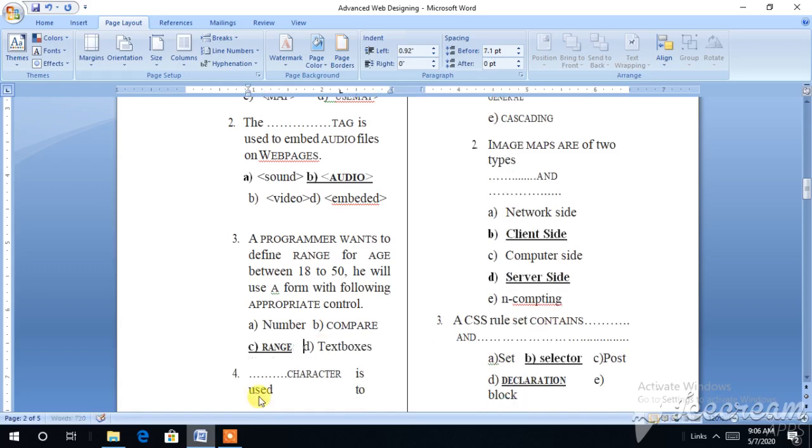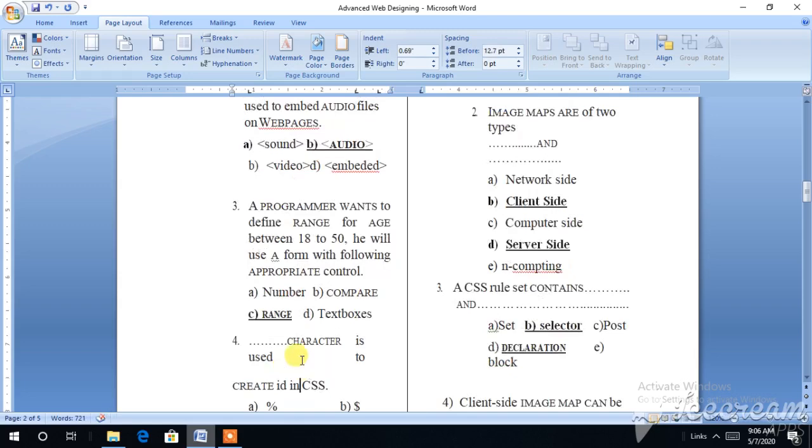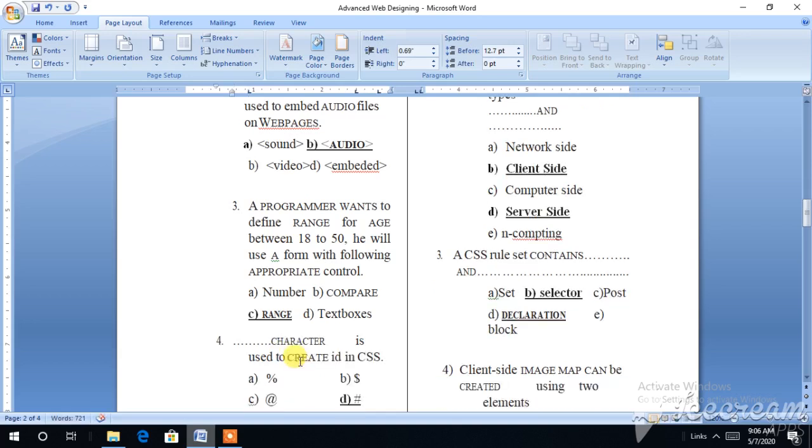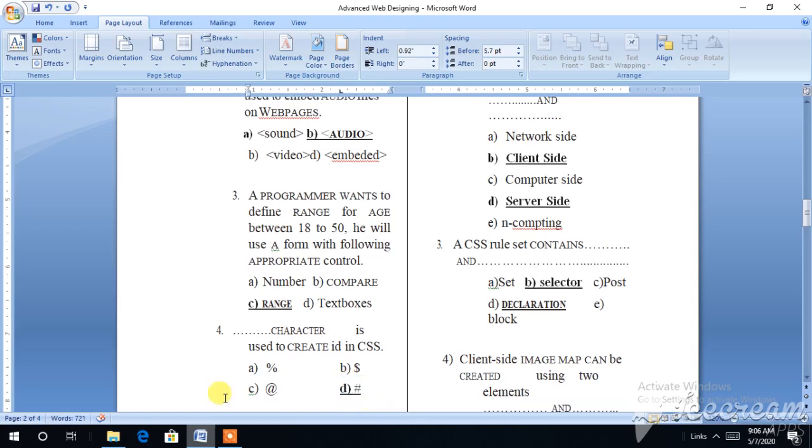Understand this, we use range. Then the dash character is used to create an ID in CSS, and we all know we use the hashtag, so it is hash.